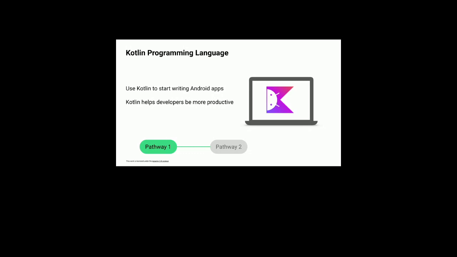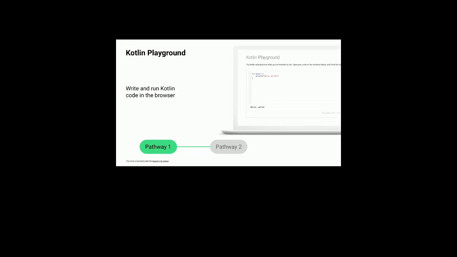We will be doing Android development through Kotlin, and in our first chapter, there's a first pathway where we'll be writing our Kotlin code and learning all about Kotlin. To make it easier, they have provided the Kotlin playground where you can write your Kotlin code and learn the Kotlin programming language easily. So you don't need heavy software, at least in the first chapter, to learn Kotlin. You can learn Kotlin on the web server also.